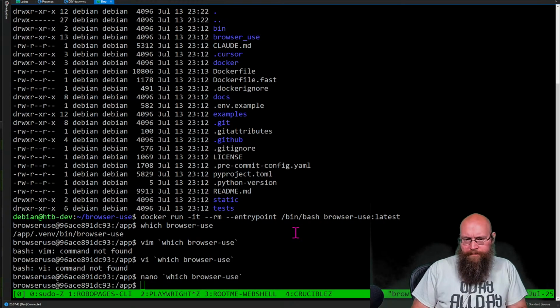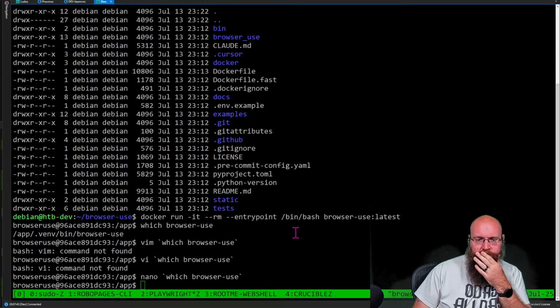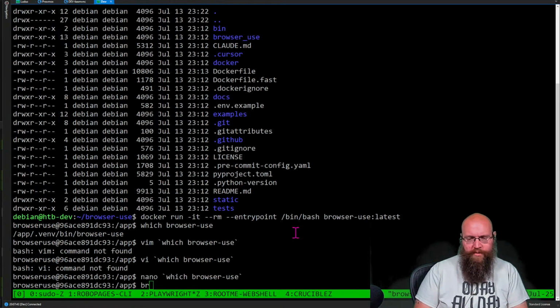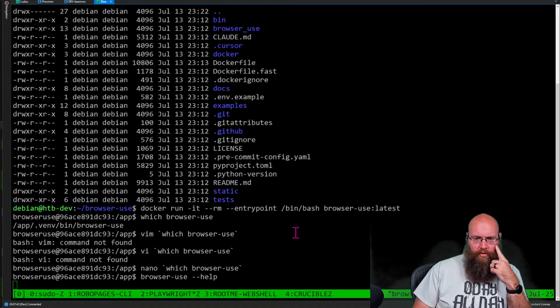Hate nano. I'm surprised there's no way for us to tell browser use which one to use, like where the Chromium instance is.